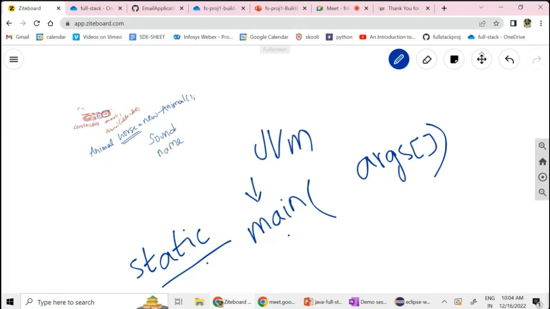You all know command line interpreter, right? I think you know. You know, right? Command line interpreter. I guess you know. So